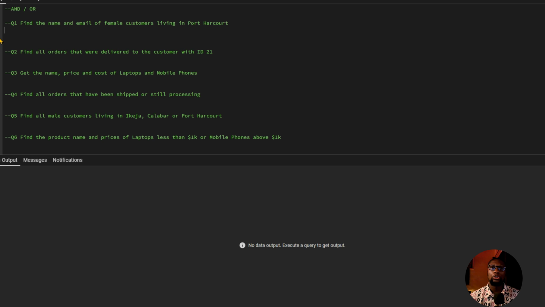So let's not waste so much time. I'll jump straight to my Postgres screen. In order to understand the AND and the OR operator, we are going to be using a couple of questions. We have 6 questions here to better see how these operators work and how they function. So the very first question we have here says, find the name and the email of female customers living in